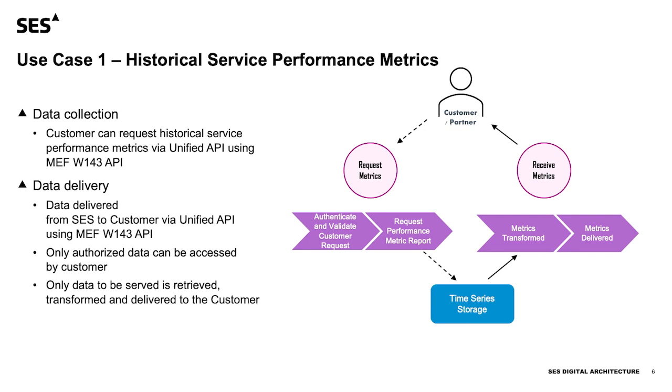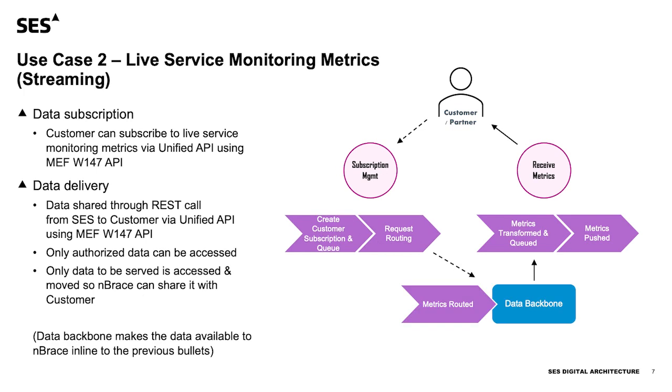So as I mentioned, there were 2 use cases: historical service performance metrics. This is a more request type scenario. You want to request the actual statistics. Lots of filtering options there. You can go and request a short amount of historical stats or a very large amount. You can request the historical stats from the last time that you actually made a request, so you pick up the differences. And then also when we look at the live monitoring metrics, and this actually introduces something very interesting